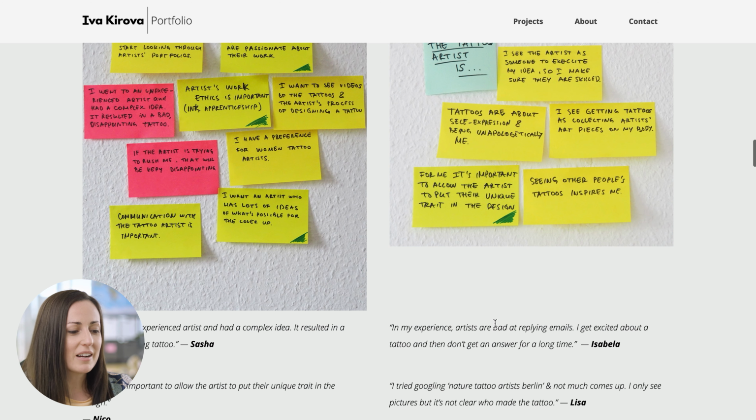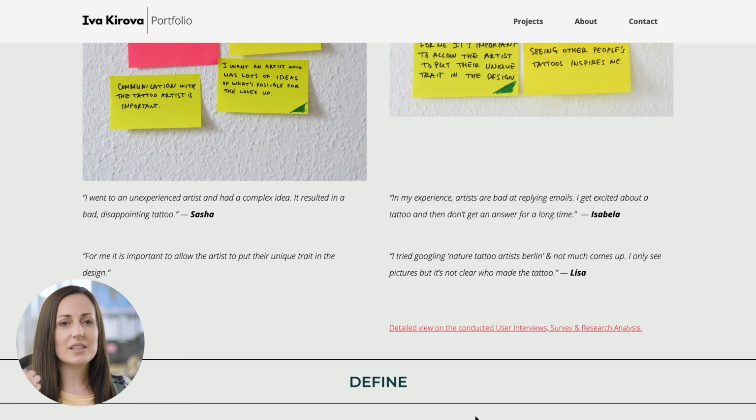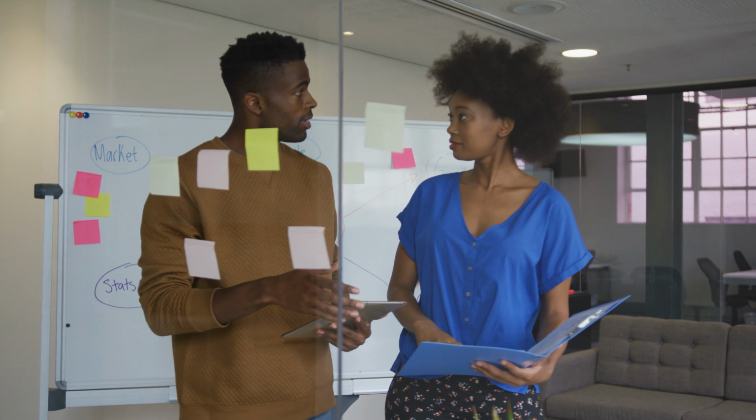I see their names here, I see the Post-it notes that they've used and written. So I can see this was not an invented fake study project. This was a project that was done through study, but it was real, with real people, with real Post-it notes on the wall. So this is really showing me that Eva is engaged in what they're doing.